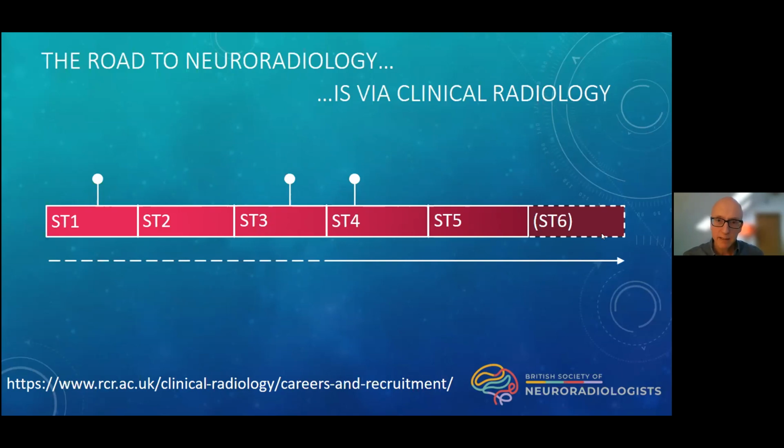So I guess the reason I'm telling you this is just so that at the moment you may be very focused on neuroscience, but to become a neuroradiologist, there is invariably going to be a period of time where you have to not only do your junior doctor years, but also cover the breadth of clinical radiology to get into the specialist neuro training. Okay, so that I think just sets the scene,